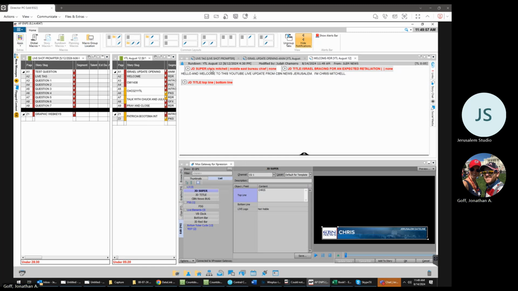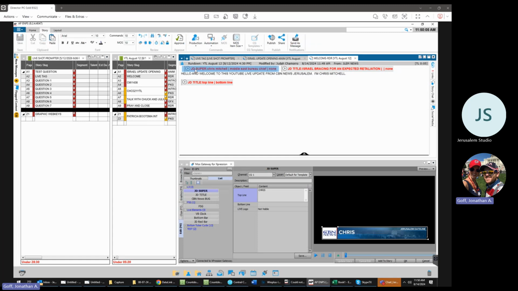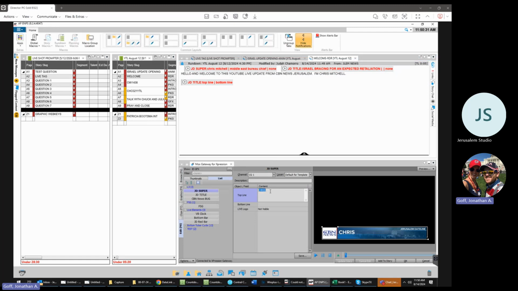Let me show you how this works. I'm going to skip a step. Say the super here has something not right with it. For me, I want it to be all caps for his name, just so I can visually see it bigger here, because you see it's kind of small. JD Super's caps, and then I feel like Chris Mitchell gets lost because it's lowercase. The graphics, FSG, super, title, whatever, are always all going to be all caps. But just this visual here takes from whatever text is typed in here, lowercase or uppercase,